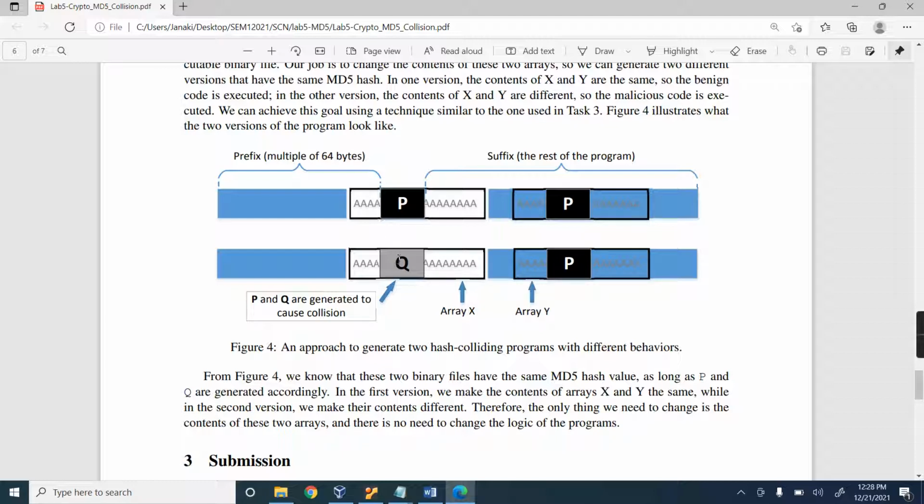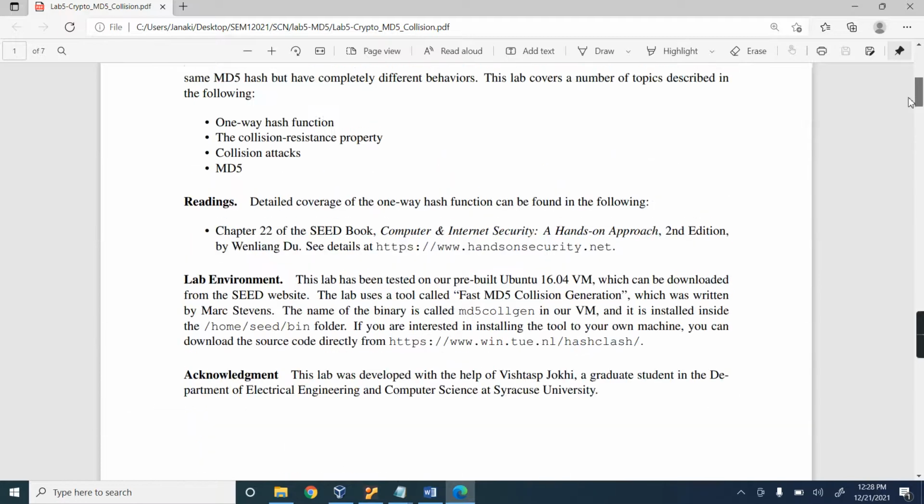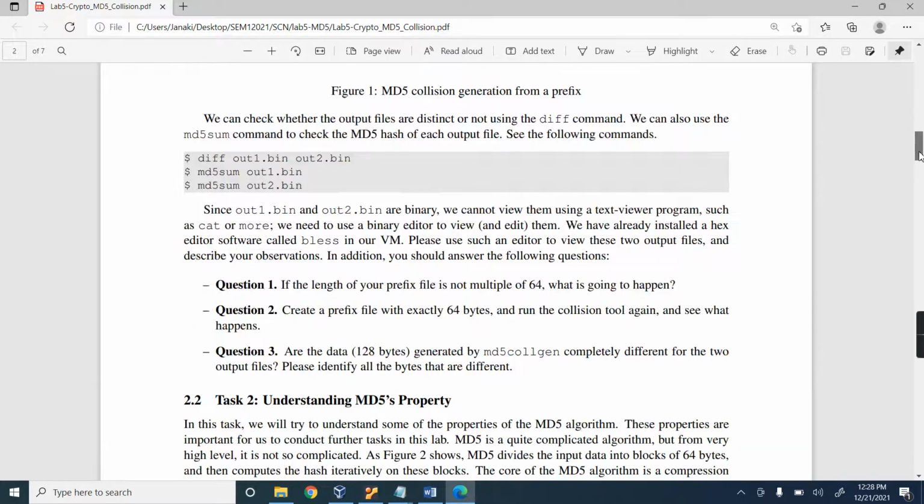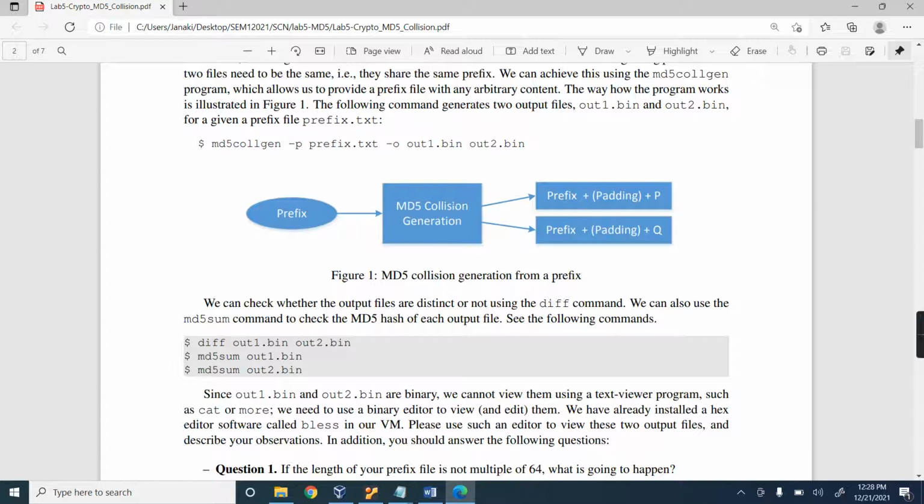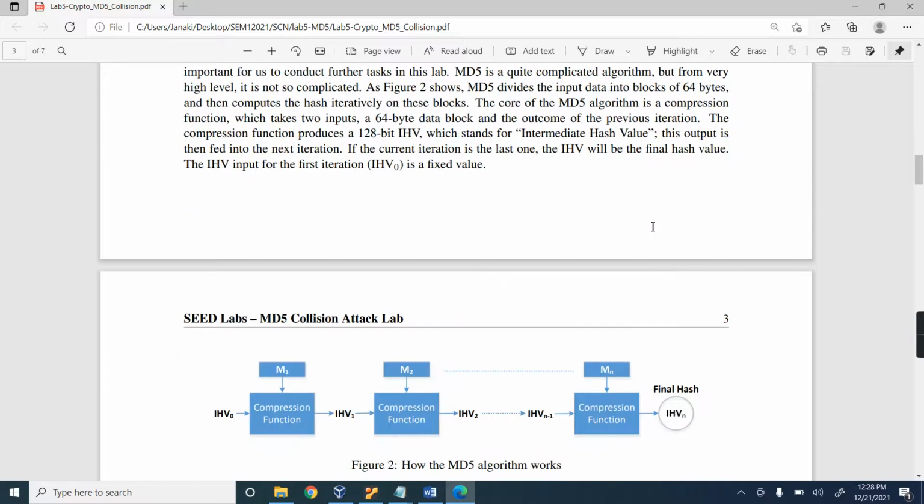How to create p and q? We know by using MD5 collision generator, which is explained in task 1. See here, in task 1 it is written, when you use the MD5 collision generator, it will create one p with your new output binary file, and one q with your other new output binary file. We are going to extract this p and q using the tail concept or the head concept. We are saving a separate p file and q file. This p file and q file we are going to use in our lab task 4.